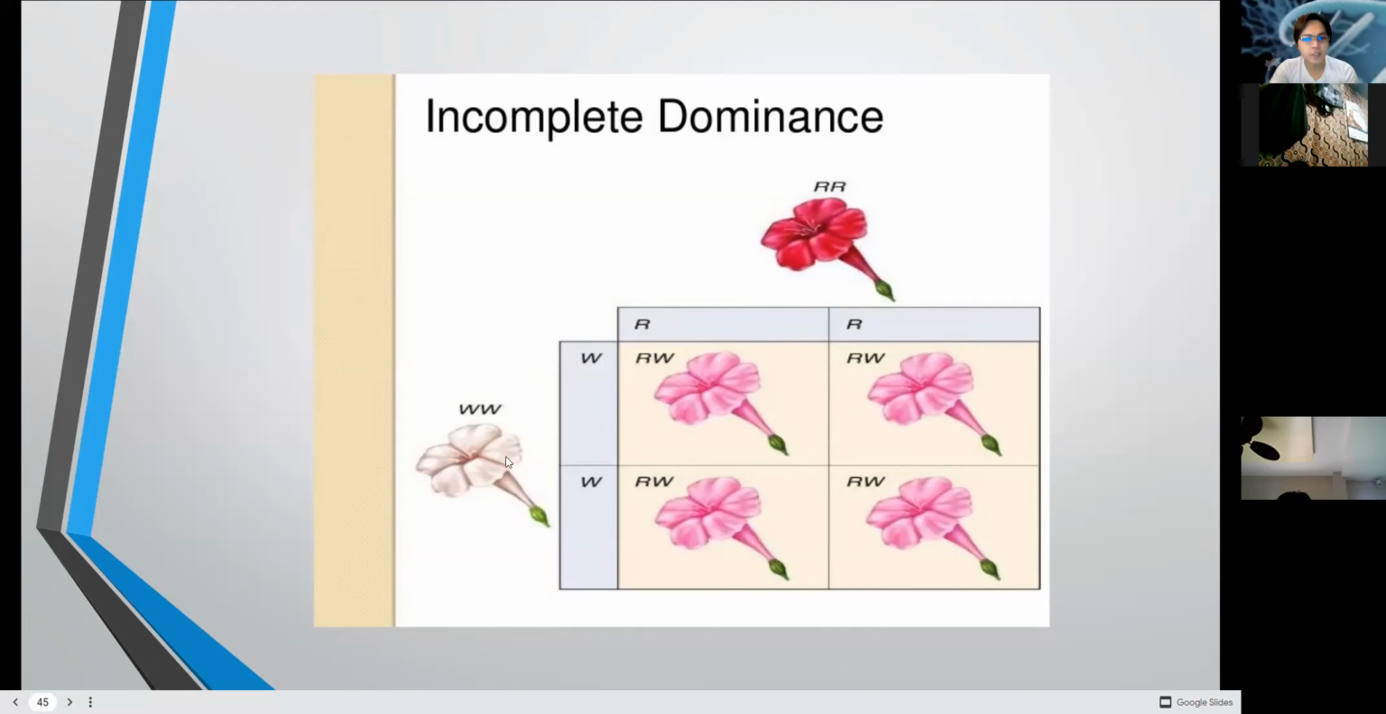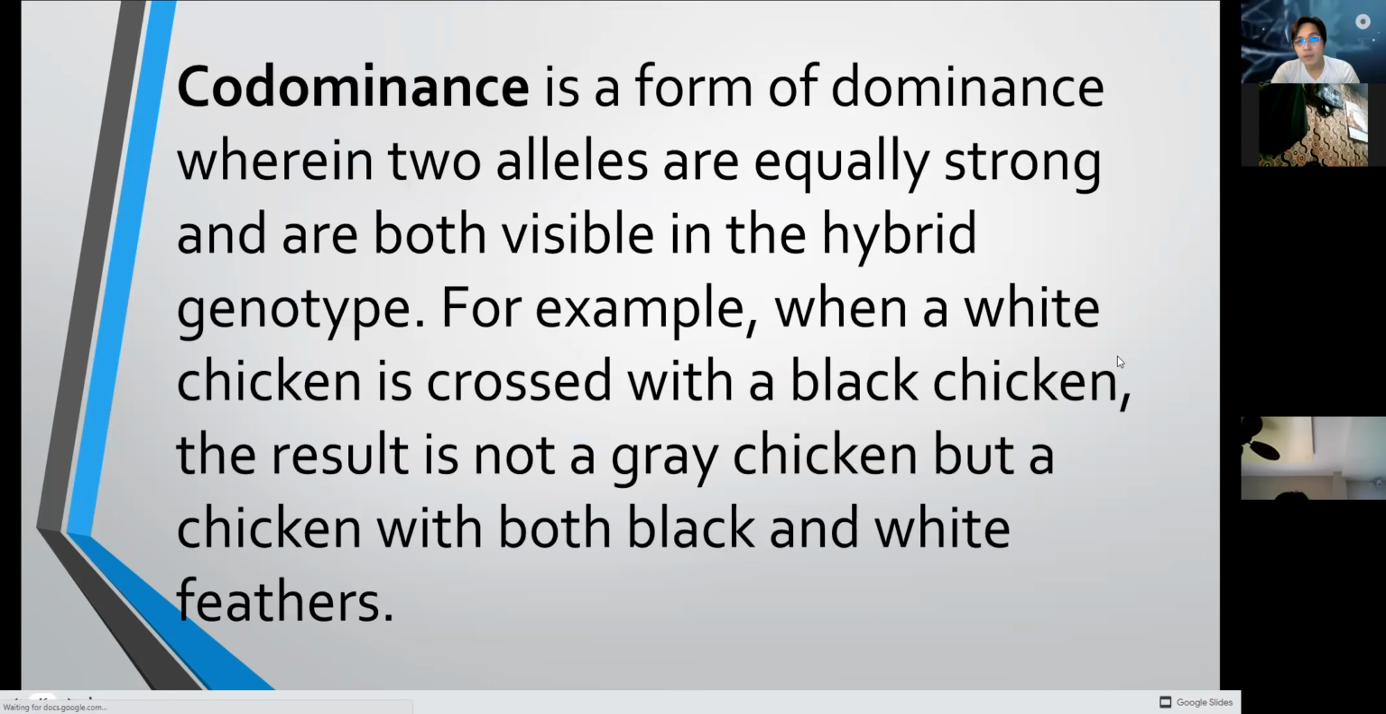You cannot see white either. This is in Gumamela. Why? Because this is incomplete dominance. The cross between two different alleles will result in another form of allele. This is heterozygous. Another form is when the set of alleles are equally strong and they are visible in